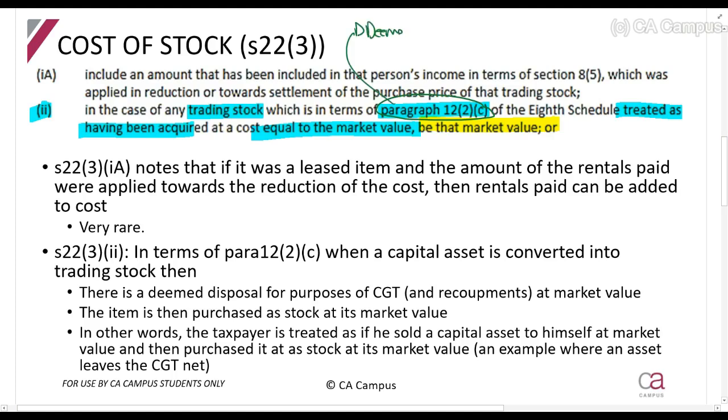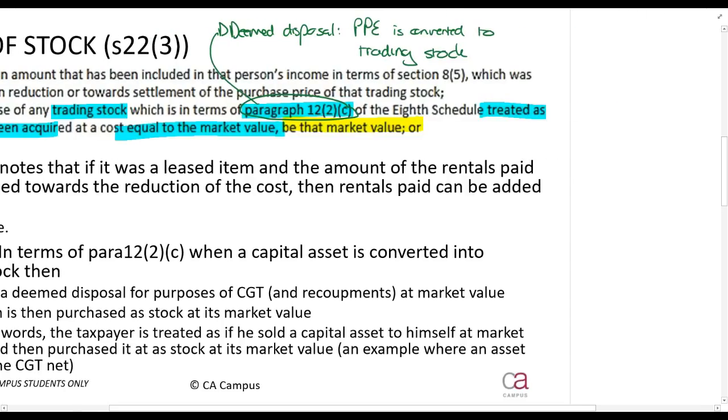It's a deemed disposal section. It is when PPE, so an asset, is converted to trading stock. So remember, with deemed disposals for capital gains tax purposes, you will say proceeds equals market value,